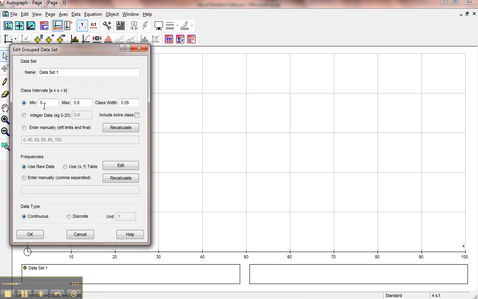And intelligently it's picked up my data range, goes from 0 to 0.5, and it's said, well, how about a class width of 0.05? That's absolutely fine. Alternatively, what I could do is think, well, actually, when I look through the data, most of it seemed to be, if I do 0 to 0.2, then if I go 0.24,